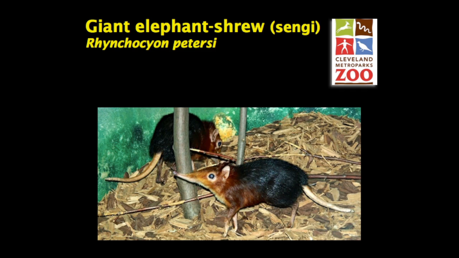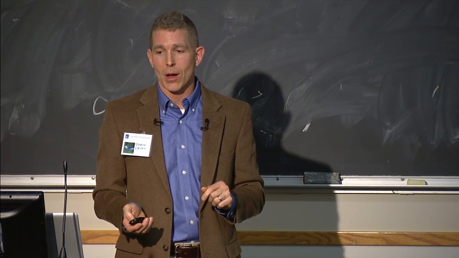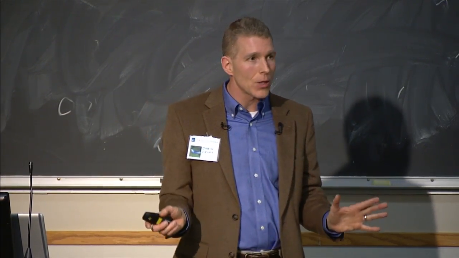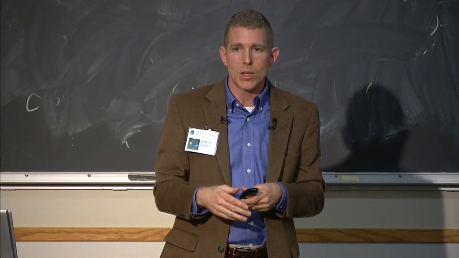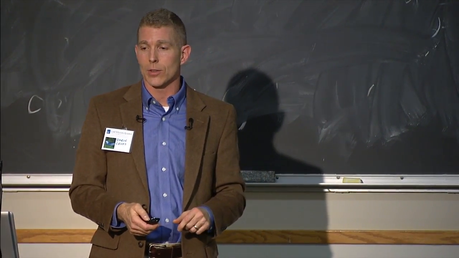Giant elephant shrew, another animal that's not a shrew that you can see here at the Cleveland Zoo, Rhynchocyon petersi. First of all, these are just beautiful animals. The coloration on those are spectacular. They have a long mobile snout and long limbs. That, of course, is where they get their name from, elephant shrew, that long mobile snout. Their long limbs mean that they're cursorial. Neither of those characteristics are very shrew-like. Shrews have very short legs, and they kind of rummage through the underbrush. These can actually run quite quickly, and they usually maintain a system of trails.